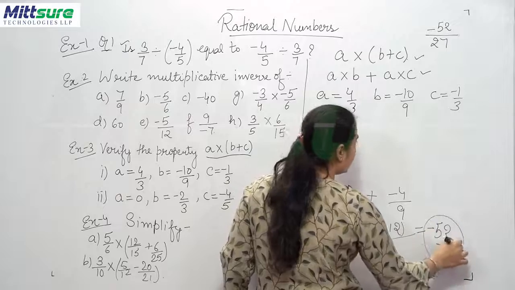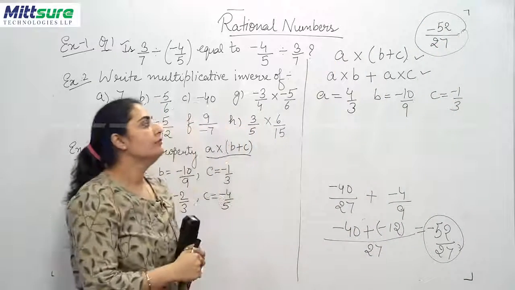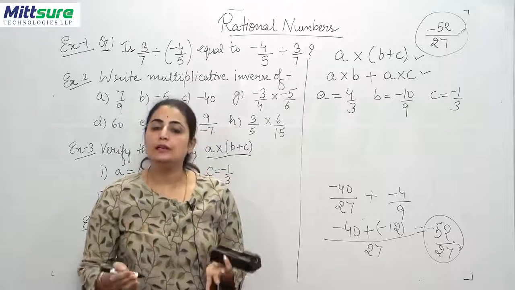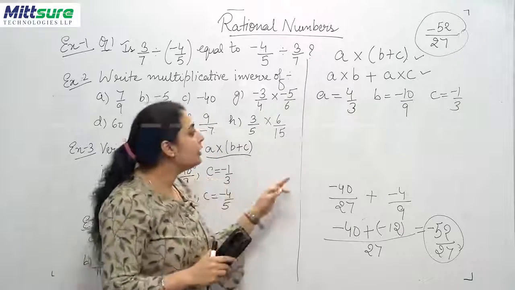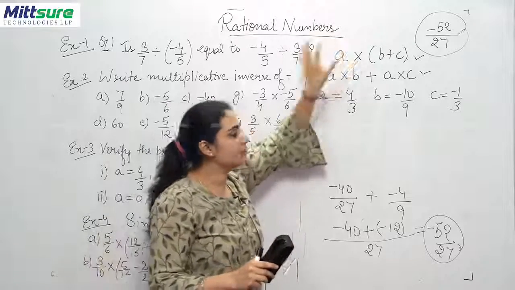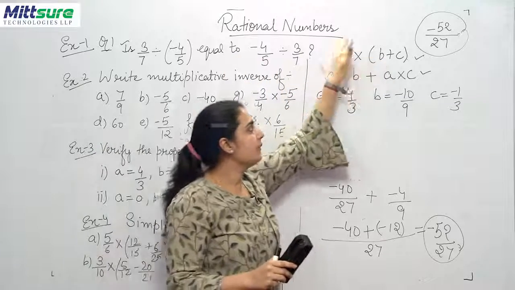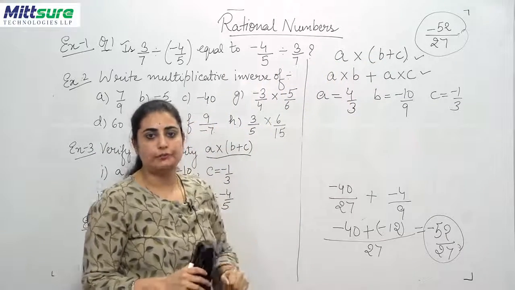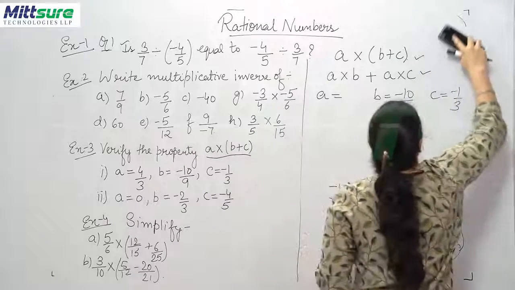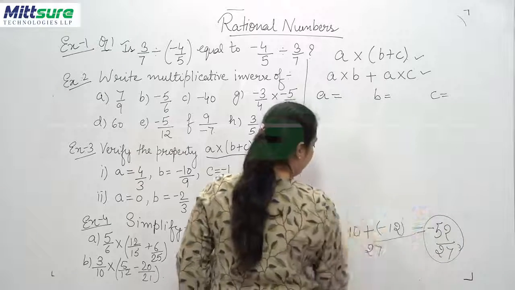So this shows that when you apply the distributive law with rational numbers, the result is going to be the same. But to make your calculation easy and effort free, you can use the first condition, which will help you to first find out the LCM and directly do the multiplication. Okay, now let's take the other condition where the values of the given alphabets are different.